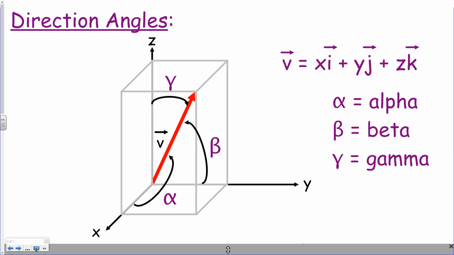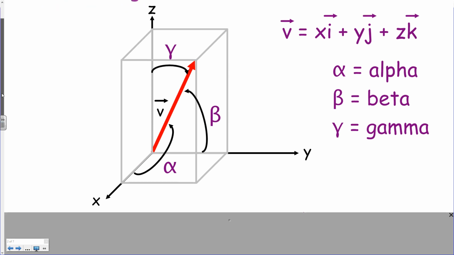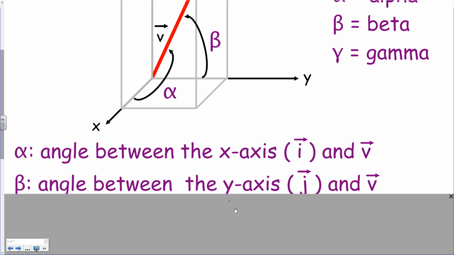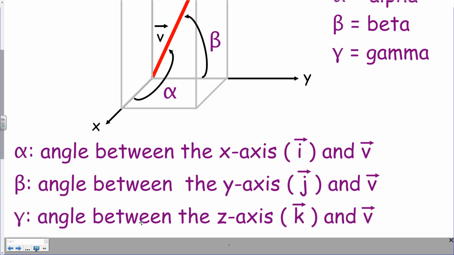Again, it's not a direction angle, singular, but rather direction angles. It's plural because there are actually three of them that we need to uniquely define a vector in three-dimensional space. Once you have those three angles, that uniquely defines your vector for you. So again, just to put those three angles down in writing for us,